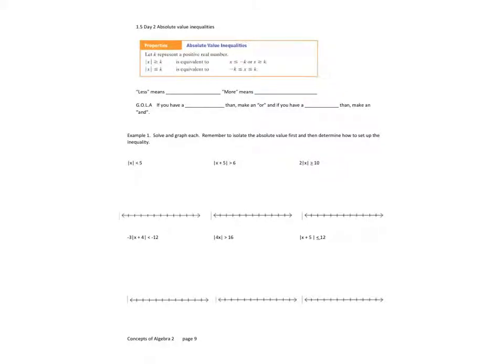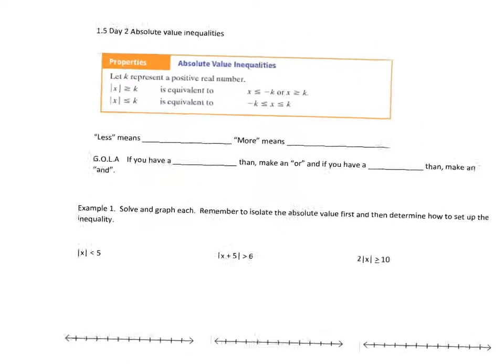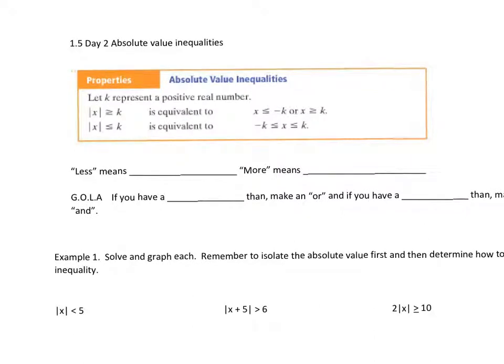An absolute value inequality is an inequality that has absolute value symbols. So remember that absolute value is distance. Looking at this situation, if the absolute value of a number or an expression is greater than a number, so if the absolute value of x is greater than or equal to 5, on a number line, if the distance is at least 5,